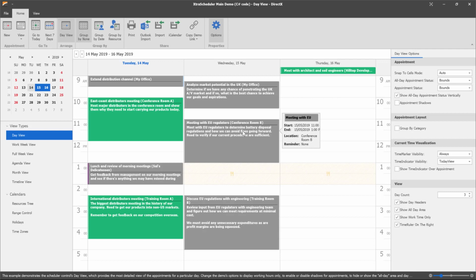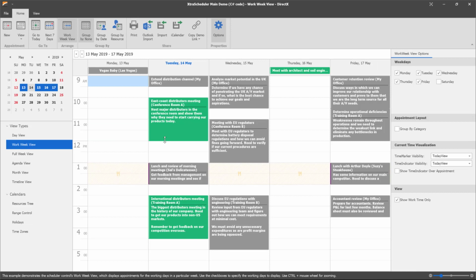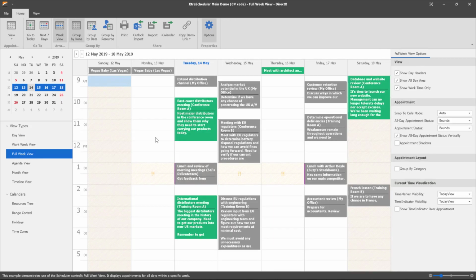Great. Scheduler control, 3 versions in a row for this magnificent control. So in this version 19.1, one of the key things that I'm going to highlight, there's some nice stuff happening. You can now sort by category or group by category, or sort by resource, group by resource. But one thing that I want to highlight here, if I go to my full week view, is something called